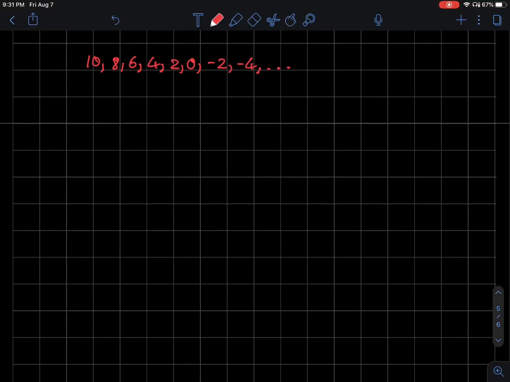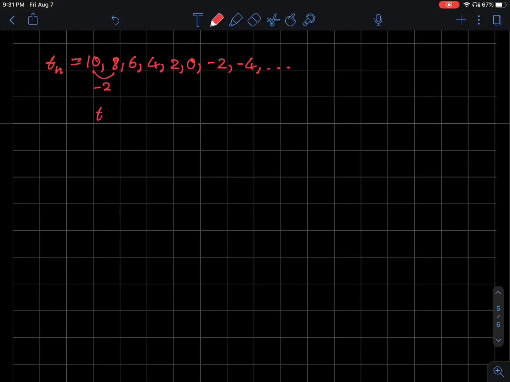This is also an arithmetic sequence, just a negative arithmetic progression. In this case, the difference is -2. The common difference, you're adding -2 each time, or subtracting 2. So if we were to recursively define the sequence, if this sequence was equal to t of n, like that,